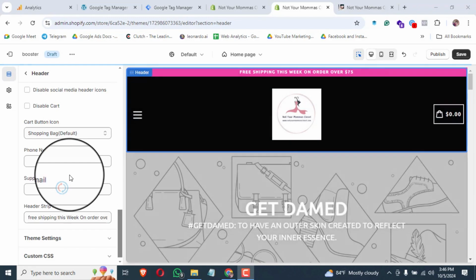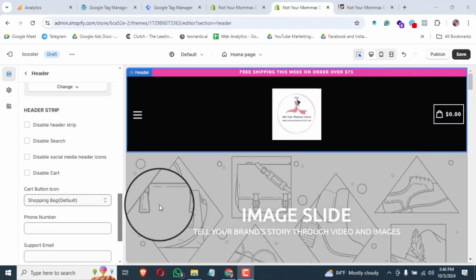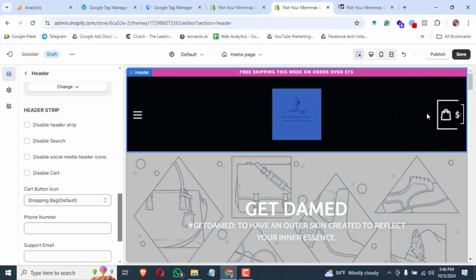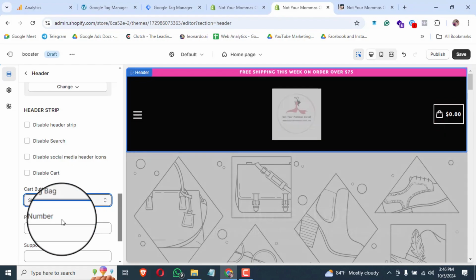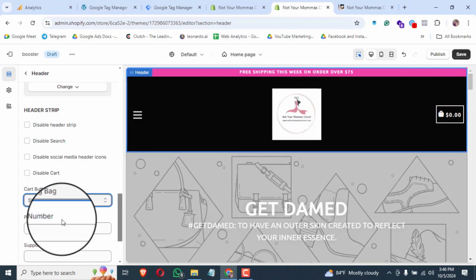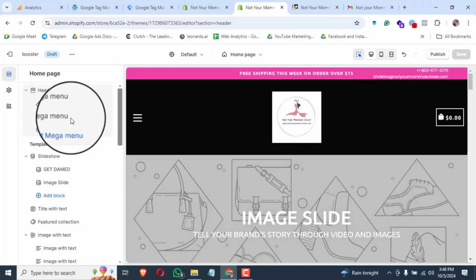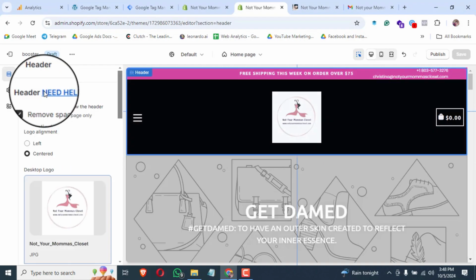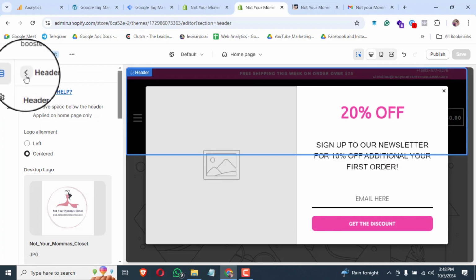You can add here your phone number, support mail, and cart button icon. You can see that I uploaded it here. You can see that here is my button, a shopping bag. Okay, here you can see the header, mega menu. I uploaded my logo, and